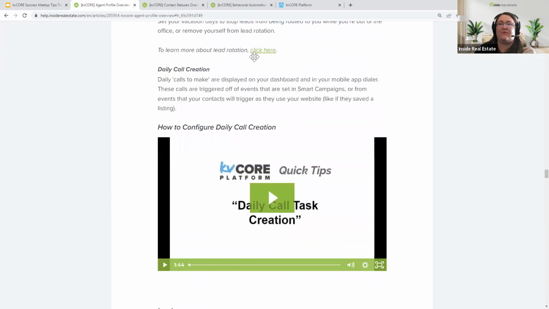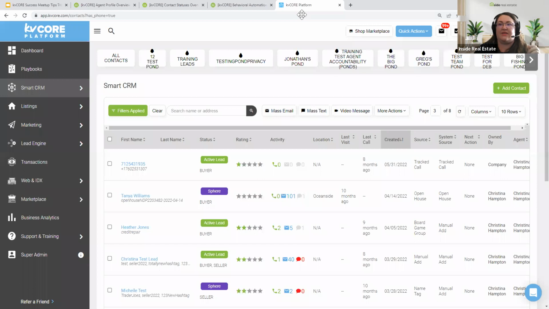Right, so now that we know what it is, and now that we know how to maximize it, right? And you don't have to maximize all of these. We just went through a whole bunch of strategies. Start with one, write down the other ones to work on in a month or never, whenever you want to get to them. A lot of you are really interested in getting more people on a home valuation, so maybe you start there. Maybe you start with adding people to search alerts. That's kind of the easy one. So think of how you can maximize that.